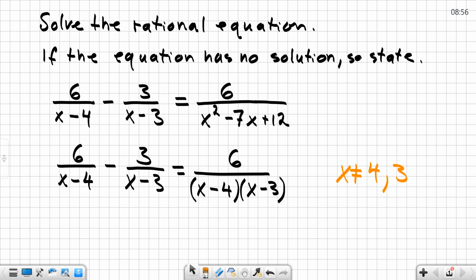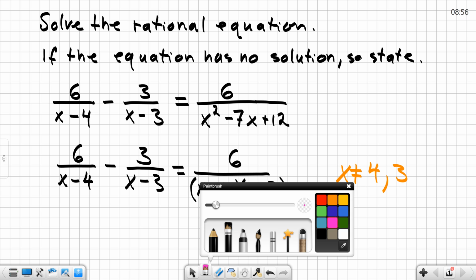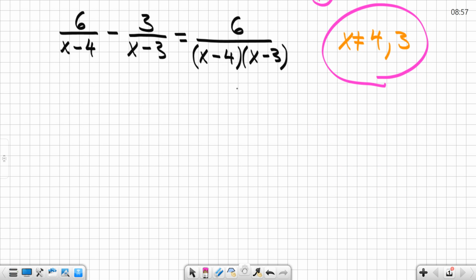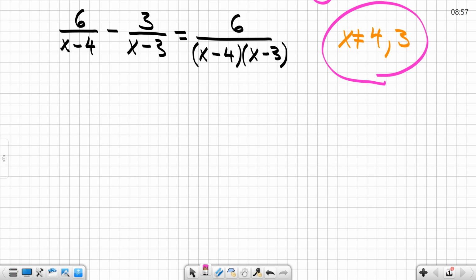So when we solve this equation now, we always have to keep in mind that whatever our solutions are ending up going to be, they cannot be positive 4 or positive 3. This is the first thing that we have to notice. After this, we are going to multiply both sides of the equation with the least common denominator. The least common denominator, in this case, the LCD,